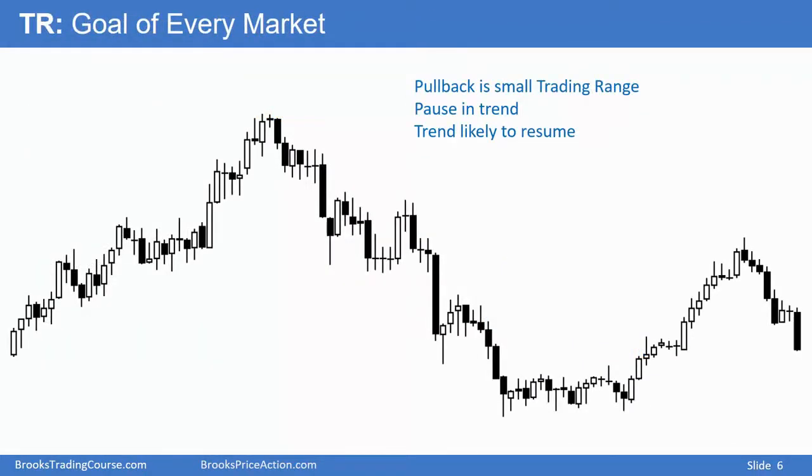I only use the term trading range when I believe the bulls and bears have become balanced. For example, a little pullback after 3 bull bars, probably going higher. 3 bear bars, but about a 50% pullback of this rally, the trend probably will continue. Here, more bars in the pullback, it's less certain that the trend will continue. Strong bull trend, a pullback, still more likely to go up.